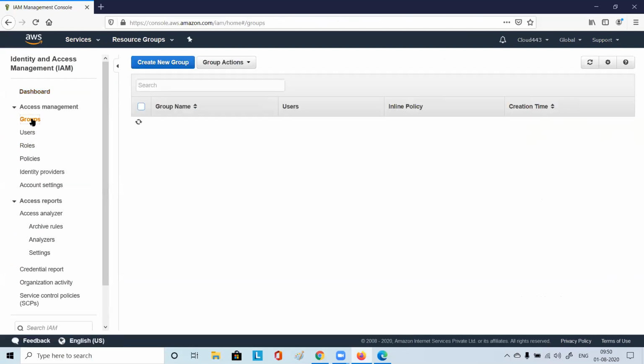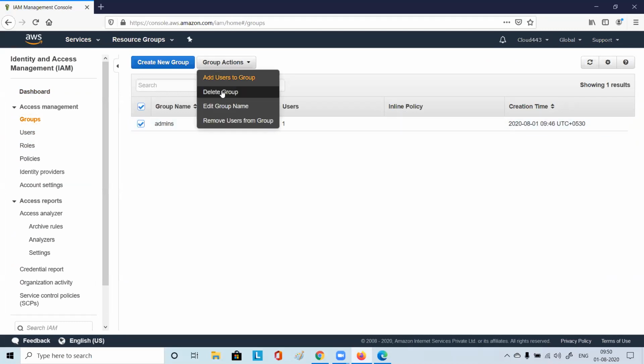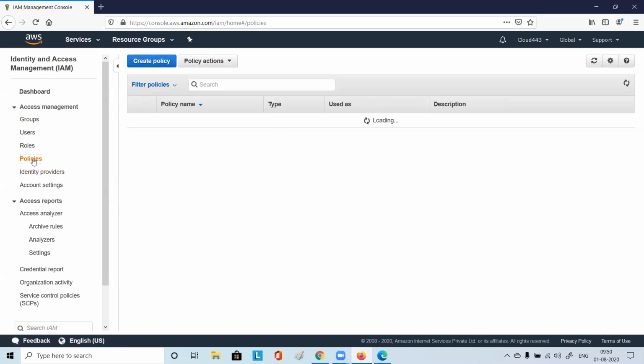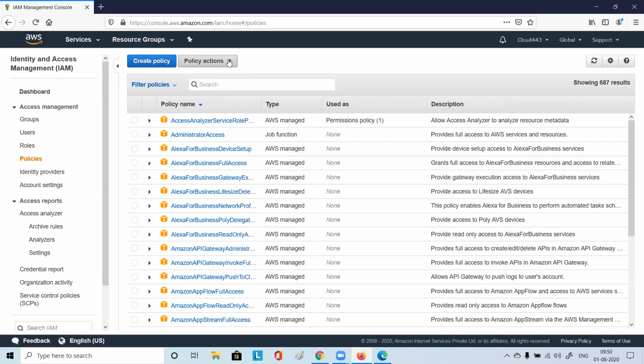Maybe the group could have done something. So we can select this group. You just see delete group, edit group name, remove something. Nothing is there. You go to policy, and you have create policy or policy actions. See, you have some options.